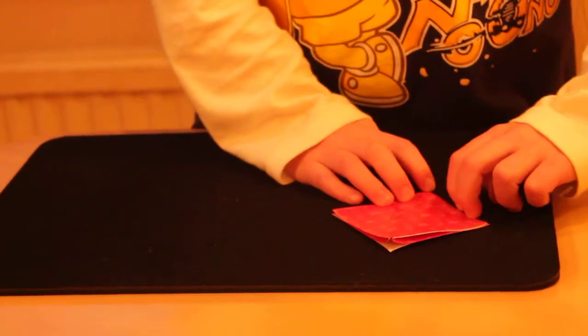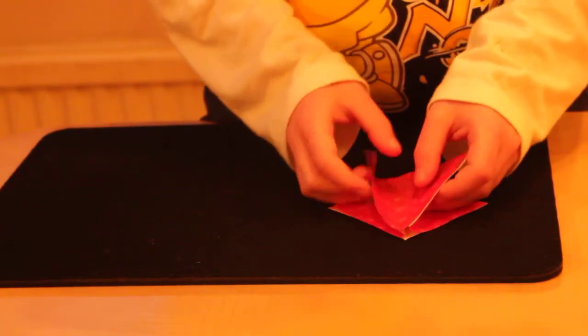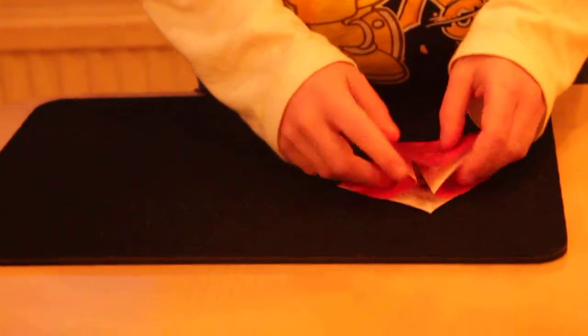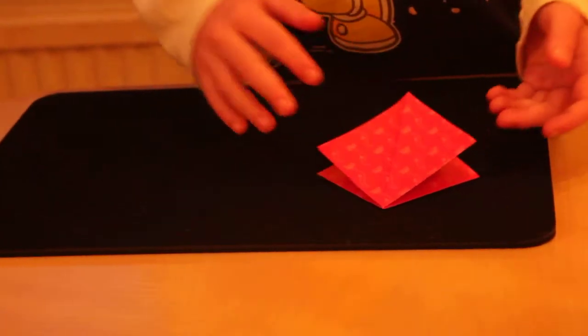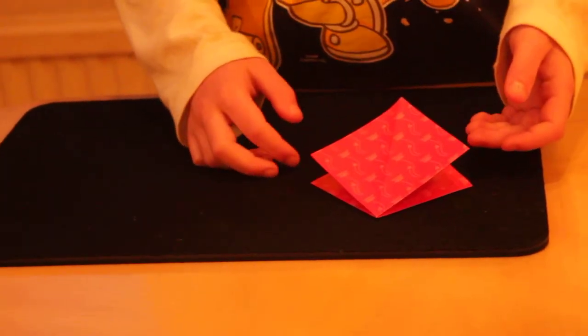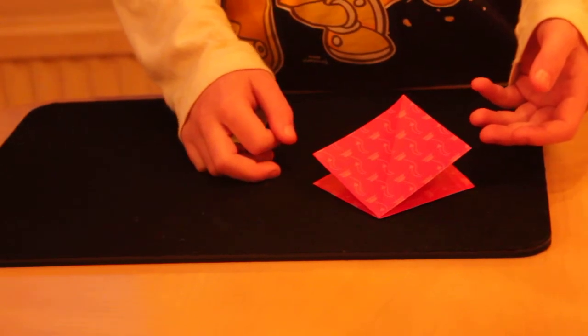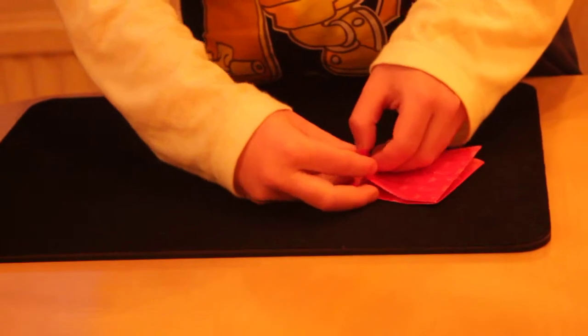So you should have the square, and you got these two. The bottom which is open. So I'm going to turn it around so I can do it. Okay, and then